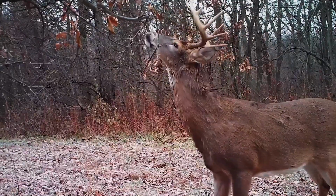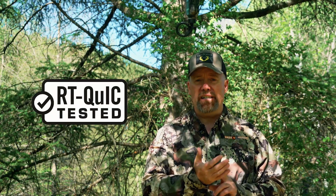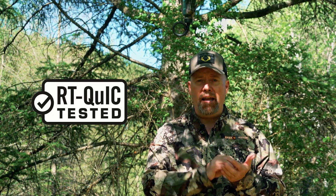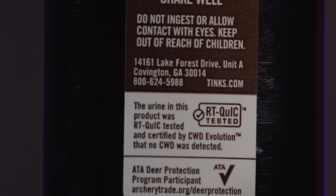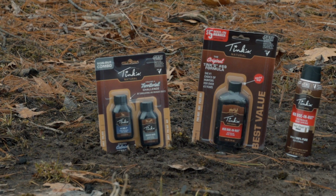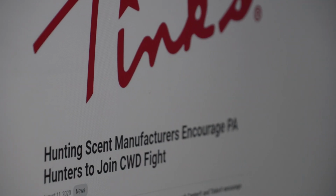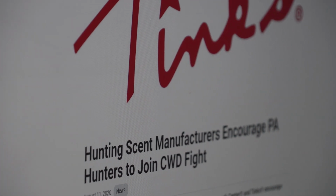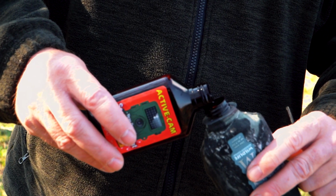More recently, manufacturers have taken that up and they've put the bar even higher. And if you look at the premium deer lures out there, there's a stamp on there and it's called RT Quick Tested. If you see that on a label, that means that herd, that urine that you bought has been tested and has been designated as free of any CWD prions. That is very big and very huge. The scent manufacturers are serious about this. So if you go out in the store and you're buying either pure urine or urine-based scent, if you see the Deer Protection Program logo or an RT Quick Test stamp on that bottle, you're going to know for sure that